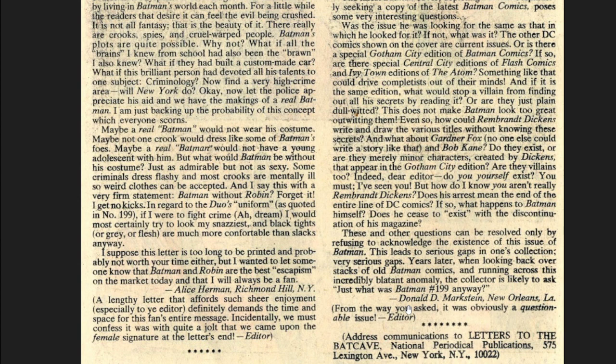Incidentally, we must confess it was with quite a jolt that we came upon the female signature at the letter's end. And that, I don't think, is the editor saying, oh, a gasp, shock, and awe, we have women reading our books. Isn't that crazy? I think the editor was probably surprised that those sentiments were being written by a female writer, because so many